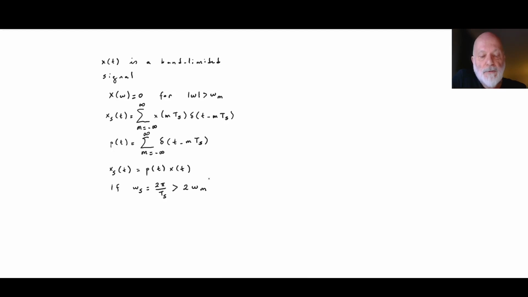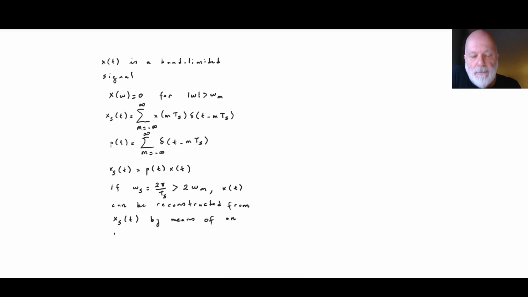So if the sampling frequency is greater than 2 omega m, x of t can be reconstructed from xs of t by means of an ideal low-pass filter with the following frequency response: